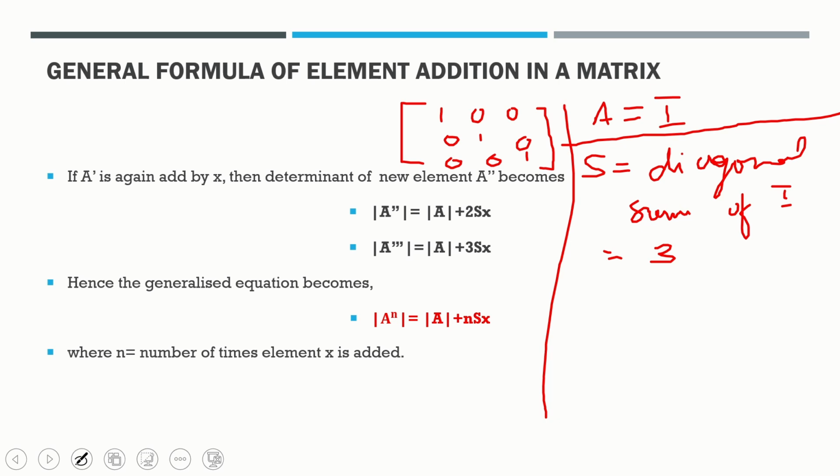And if A is I, then you know that determinant of A becomes 1. So what will be your det A power n? It becomes 1 plus 3nx. Okay,